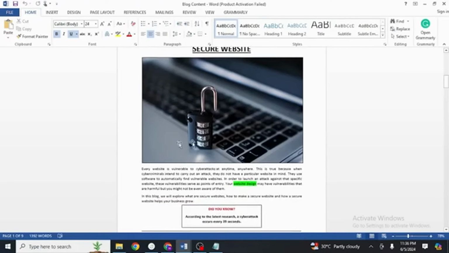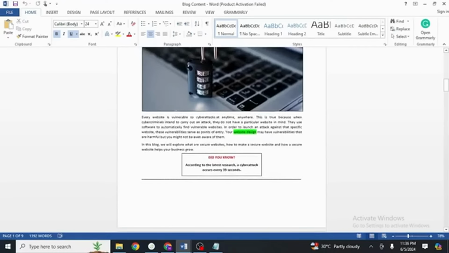Then we have an opening image. This is mostly done through infographics. Then a starting paragraph, which has to be engaging as well. Here I have highlighted this text.